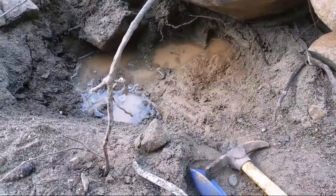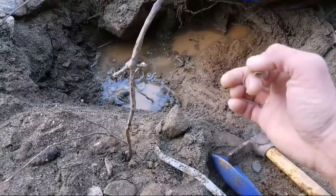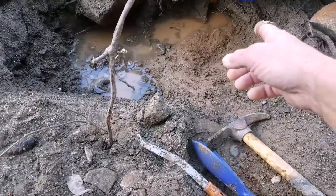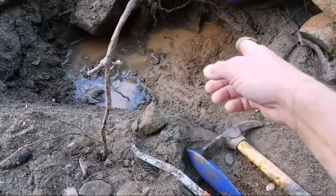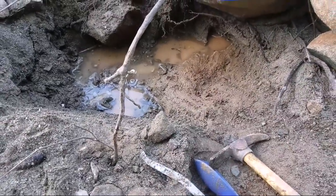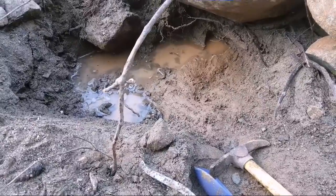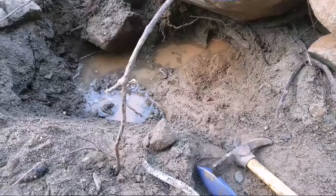Alright, so I got quite a bit more done on this hole. I broke out where that section was, that little trench. Got down and I got about 20 lead shot in a test pan out of that little pocket right there. So I dug another couple buckets out and ran it through the sluice. I've already cleaned out once and there was a ton of black sand, so I'm not going to pan it all down. I don't have access to the blue bowl anymore, so I'm going to have to figure something else out after. But I just finished up another...